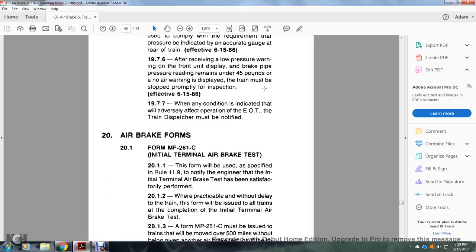20. Air brake forms. Form MP261C, initial terminal air brake test. This form will be used to specify the Rule 11.9 to notify the engineer that the initial terminal air brake test has been satisfactorily performed. Where practical, without delays in the train, the form will be issued to all trains at completion of the initial